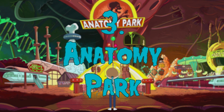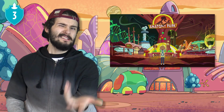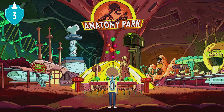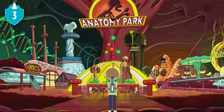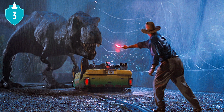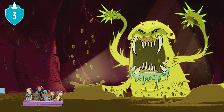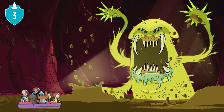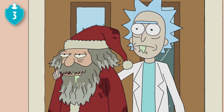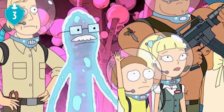Number 3, Anatomy Park. It's the best Jurassic Park ripoff you could ever imagine in tiny microscopic form. There's very few people alive today that wouldn't jump at the chance to literally go on a fantastic voyage to visit Jurassic Park, I mean Anatomy Park, as seen in Season 1 Episode 3. Admittedly, it would probably take some time to generate interest from the general public, and I'm sure the thought of a theme park located inside an actual human body is bound to get some mixed feelings from people